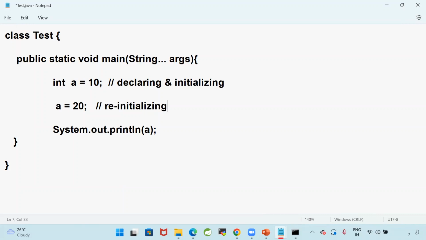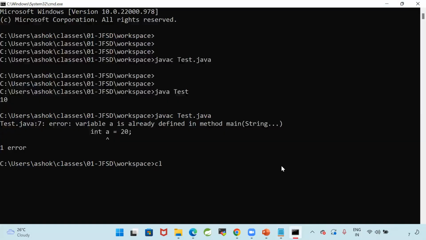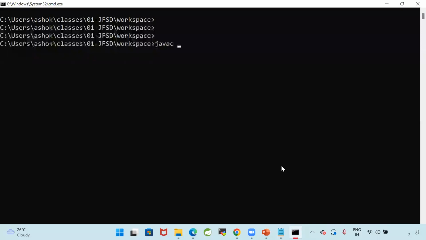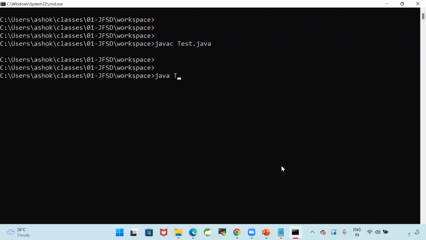So if I run this program, what is the output now? Are you sure? Comments mean what will happen? A single line comment will be ignored, right? Yes. javac test.java, java test.